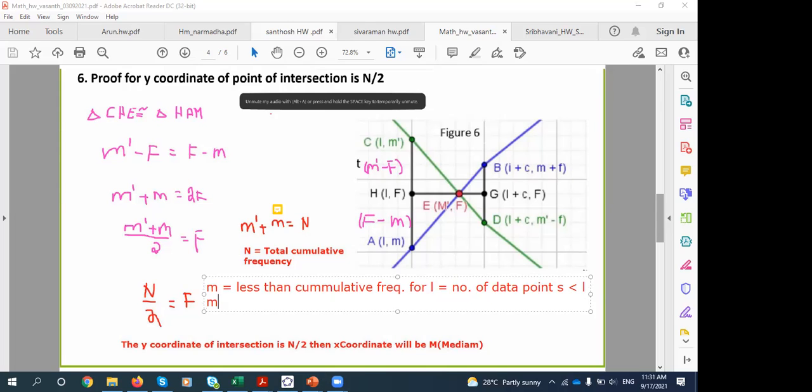And then think about what M dash is. That is the more than cumulative frequency for L again, and that is equal to the number of data points